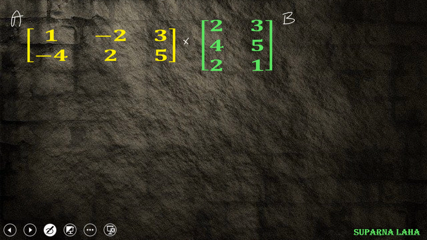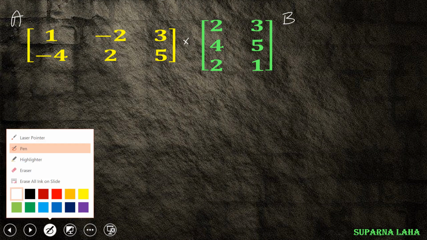What we are doing in addition and subtraction is just moving through corresponding elements. That is, we have to add corresponding elements, or subtract corresponding elements, and there the order of these two matrices must be the same. We have to take the same order matrices for addition and subtraction. But here, if you check the order, their orders are different. We will talk about the order later, but first let's check how to multiply.